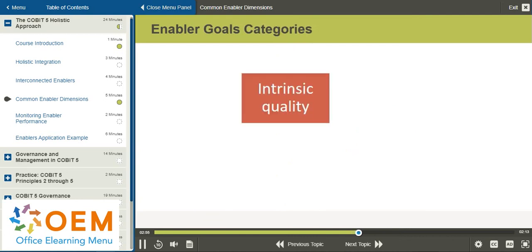There are a number of enabler goals categories, including intrinsic quality. Intrinsic quality really means